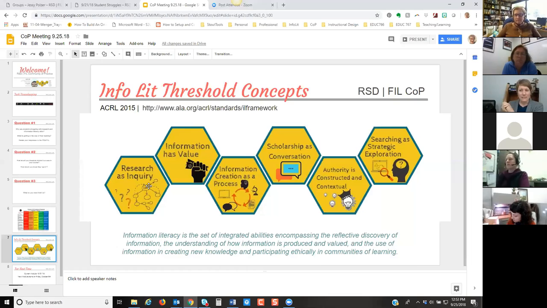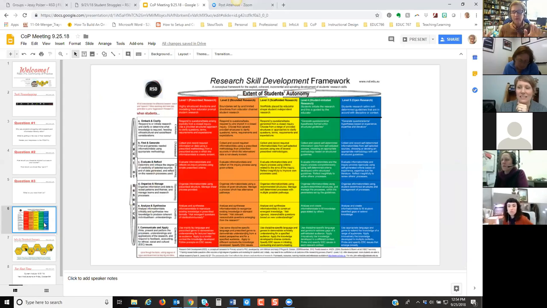Does that make sense? Yeah, I understood that part before. The RSD has a developmental framework across a student's career from very dependent to autonomous. And that's the kind of development that you're describing for each of these 6 facets. But it also has a sequence down where you start with embark and you end with something about explaining. I don't see that sort of sequence among the 6 facets.